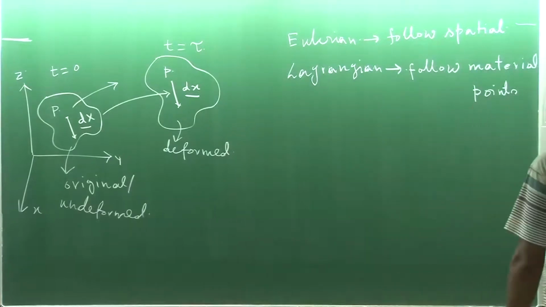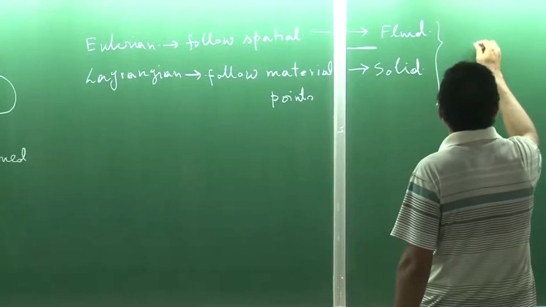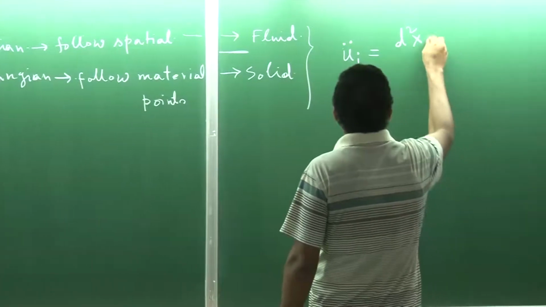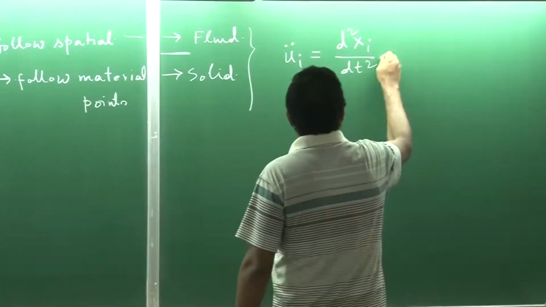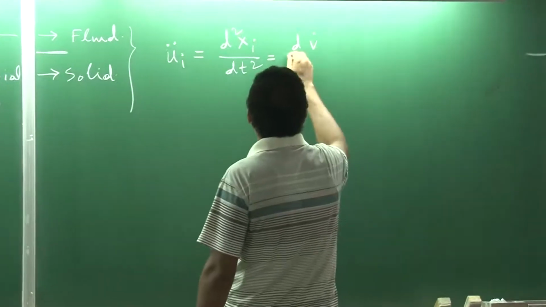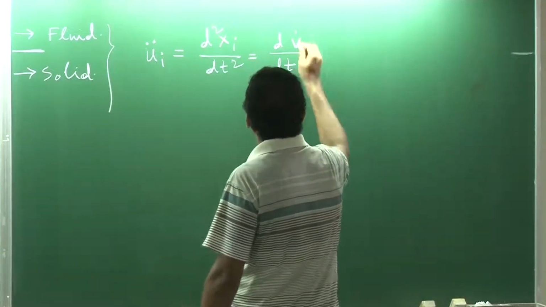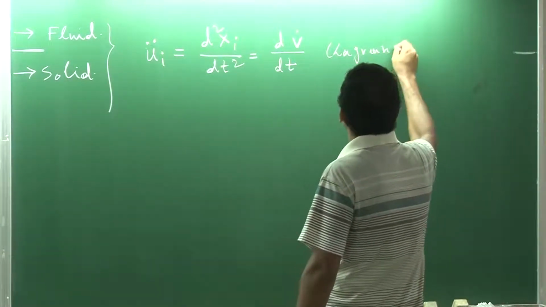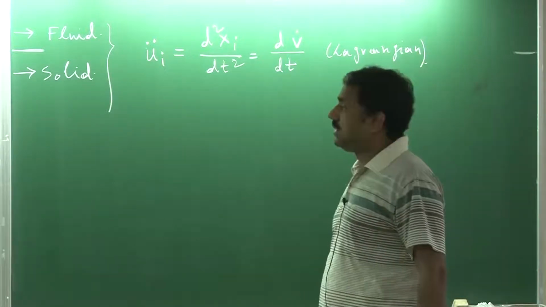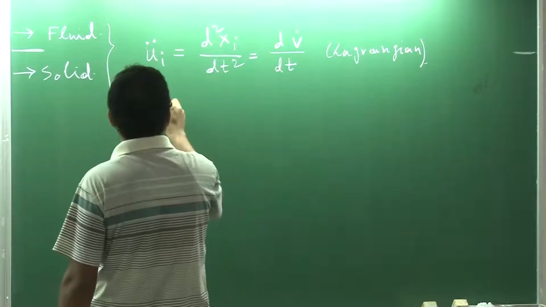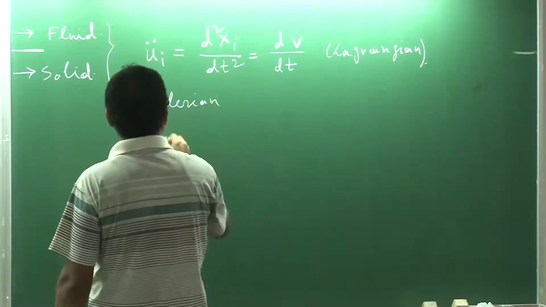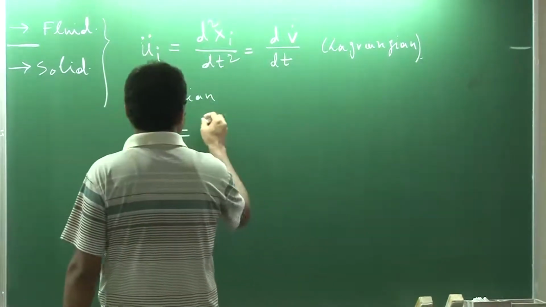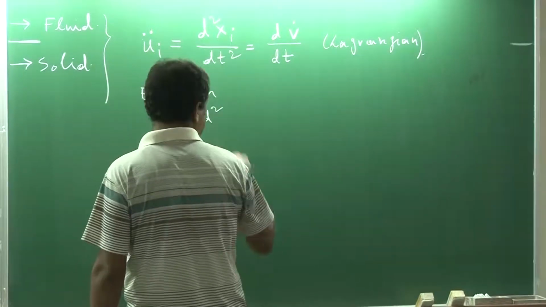So, in doing so, the difference in acceleration comes. For Lagrangian, we can directly take the total derivative, right. If we define the velocity vector as capital V, this is the Lagrangian description. And then for Eulerian we have seen that the acceleration is denoted by dv dt,